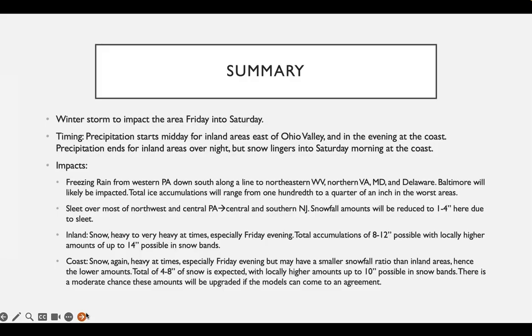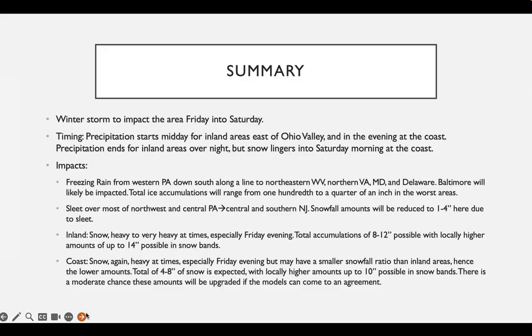Total ice accumulations will range from 1/100th to a quarter of an inch in the worst areas. Sleet over most of northwest and central Pennsylvania, central and southern New Jersey. Snowfall amounts will be reduced to 1 to 4 inches here due to the sleet. Inland, this is where it's really going to be heavy. This is where that band is probably going to be the heaviest. So I'm going to predict snow very, very heavy at times, especially Friday evening. Total accumulations of 8 to 12 inches with locally higher amounts of up to 14 inches possible